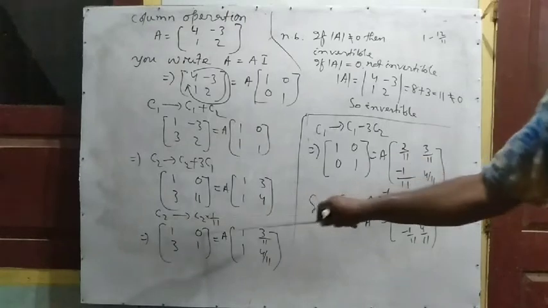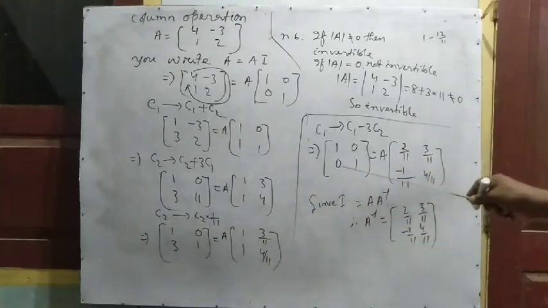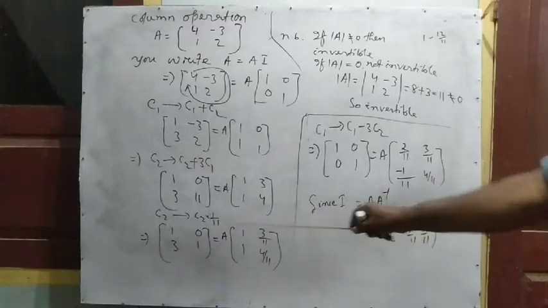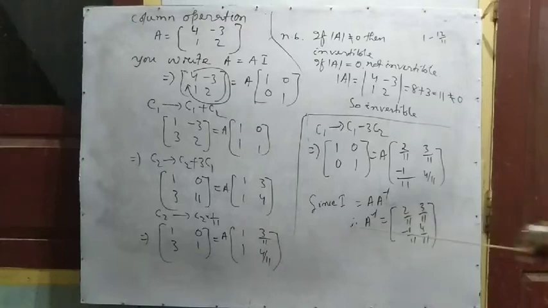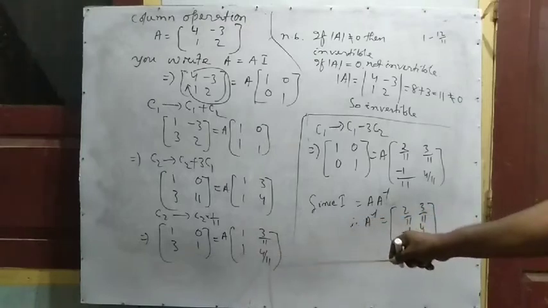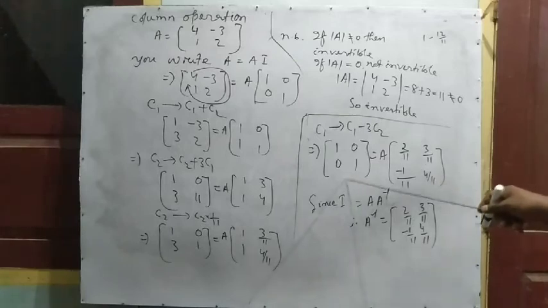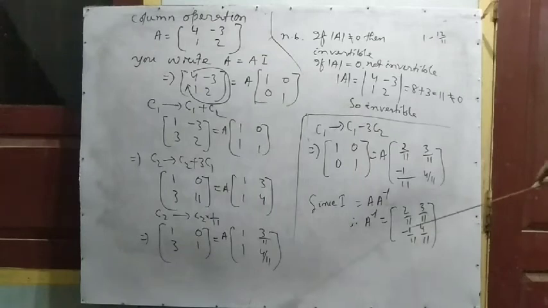1 minus 3 times of 0, 1. 3 minus 3 times of what? 1 equal to 0. Then second column remains unchanged. Here also 1 minus 3 times of 3 by 11 equal to 2 by 11. 1 minus 3 times of 4 by 11 equal to this one, and the second column remains unchanged, that is the 3 by 11 and 4 by 11. We know this is I equal to A into A inverse, therefore the second part should be the inverse of this. So A inverse equal to